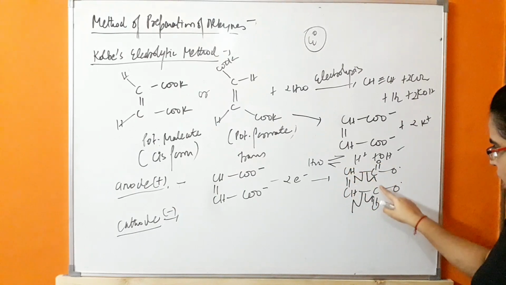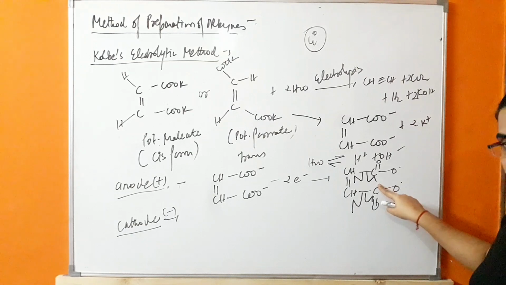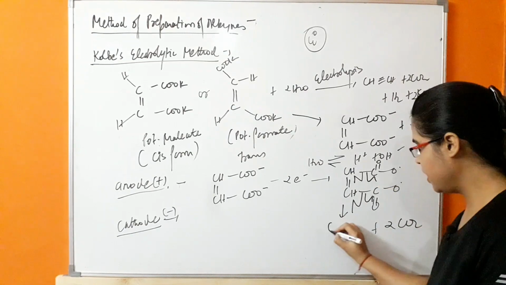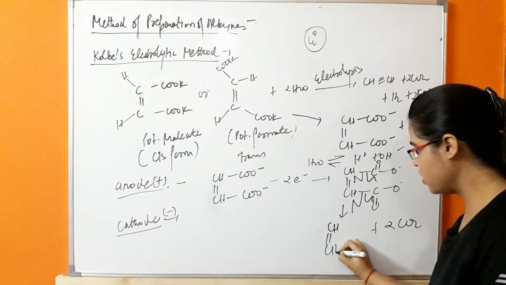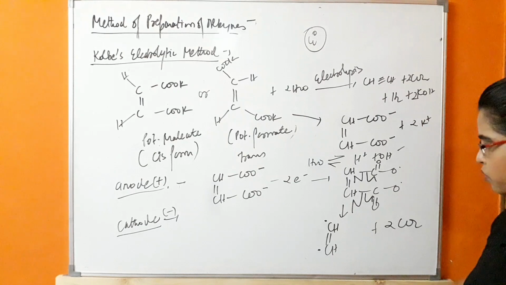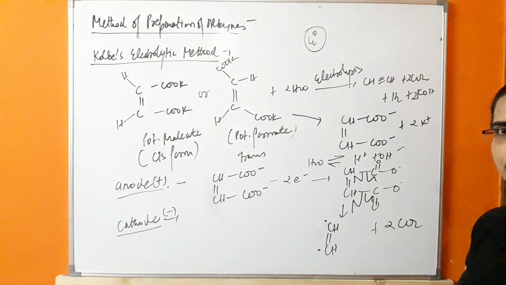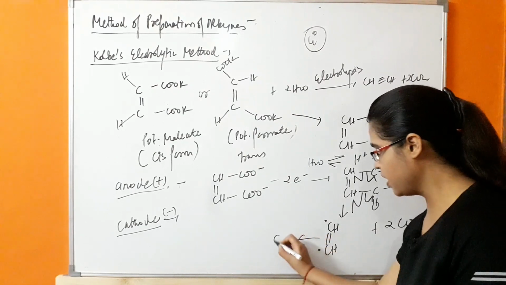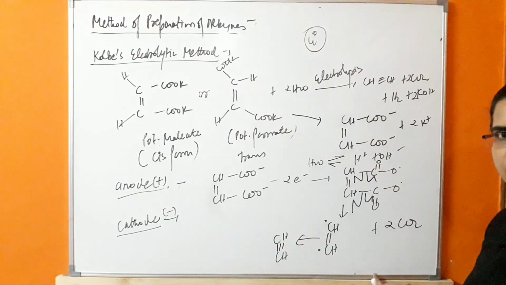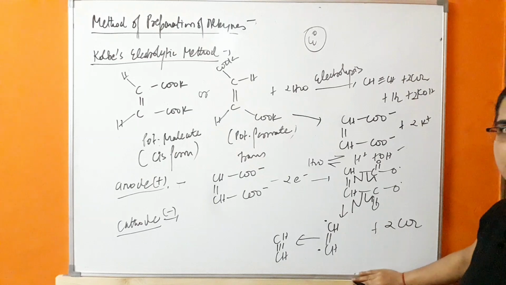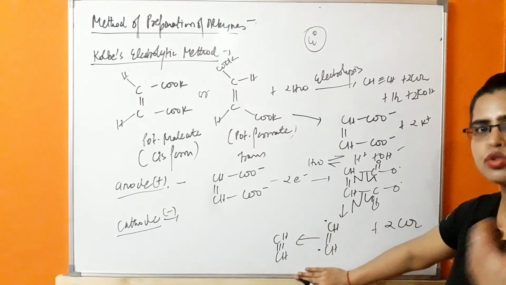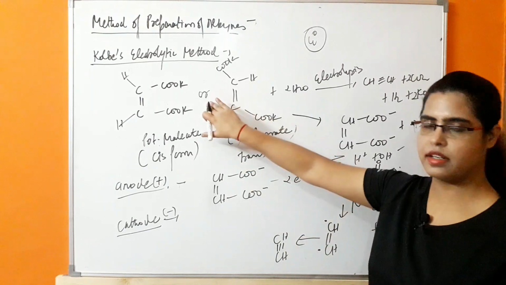So what will be happening? Because there is an odd electron in this carbon, there will be formation of two CO2 molecules and CH=CH. There is also an odd electron on both the carbons, due to which a triple bond will form to give acetylene. So acetylene will be obtained. This is descent of series, because in this case the product obtained has two carbons less than the reactant.